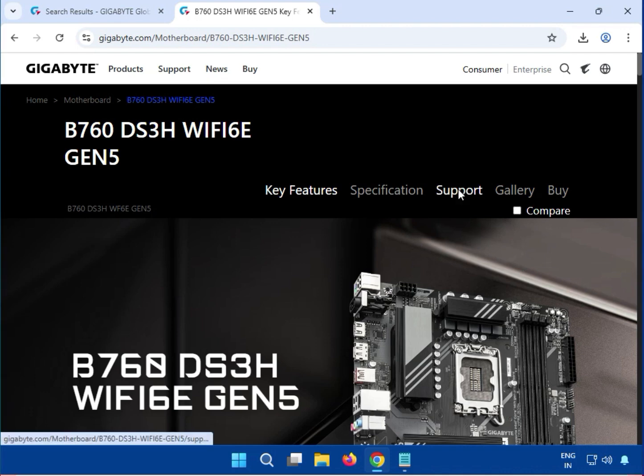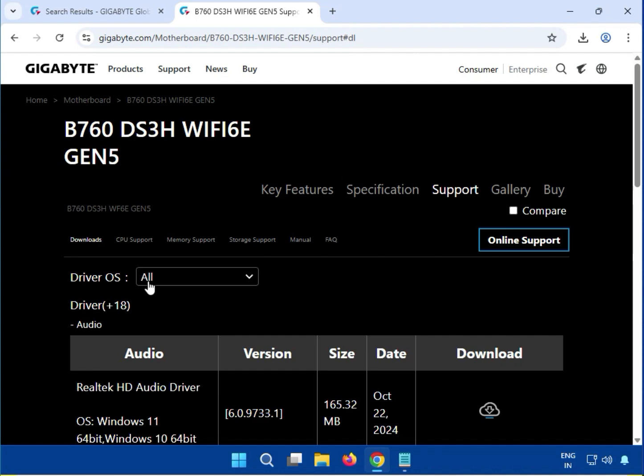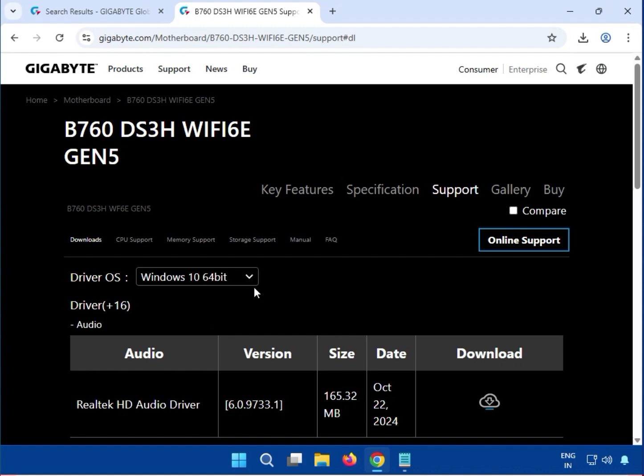Click support. Then select your operating system. I am using Windows 11, so if you are using Windows 10, you can follow this method and install the driver, because the installation process is the same. Okay,